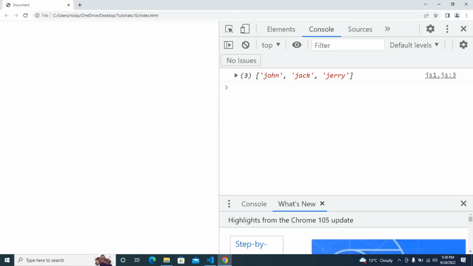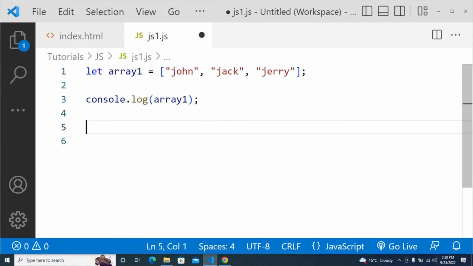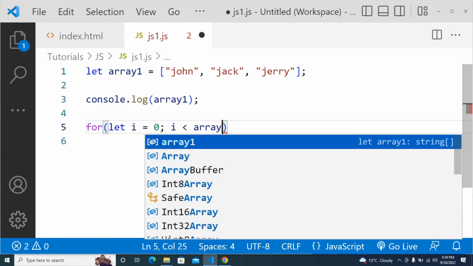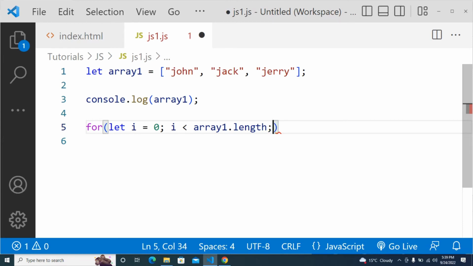Something that we do with arrays all the time in JavaScript is going through all of the elements in them inside of a for loop. So let's do that right now. Let's just print out each element individually to the console instead of printing out the whole array to the console like this. I'll keep the console.log array1 there for right now, and let's just write a for loop. We'll say for let I equal 0 while I is less than array1 dot length. Length is just a really handy property that arrays have to let you know how many elements are in it. So this for loop is going to keep going as long as there's still elements in the array. And then we just say I plus plus